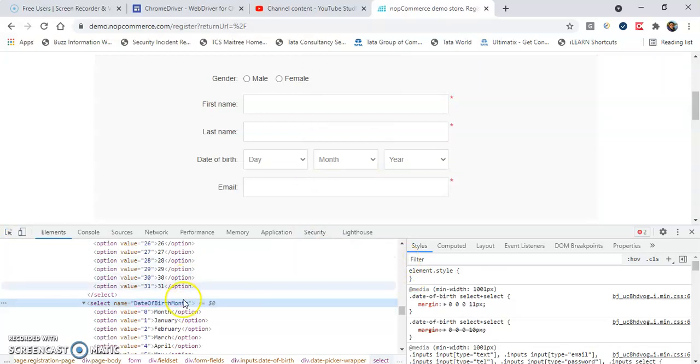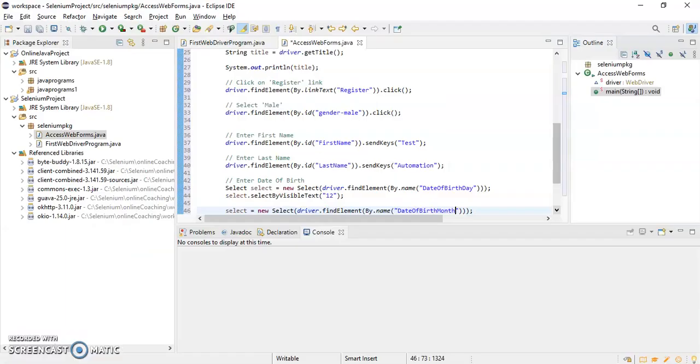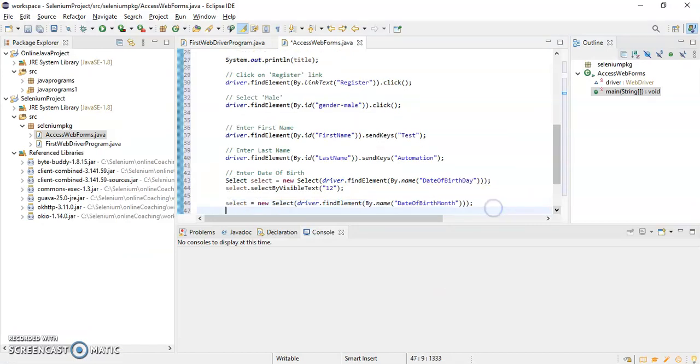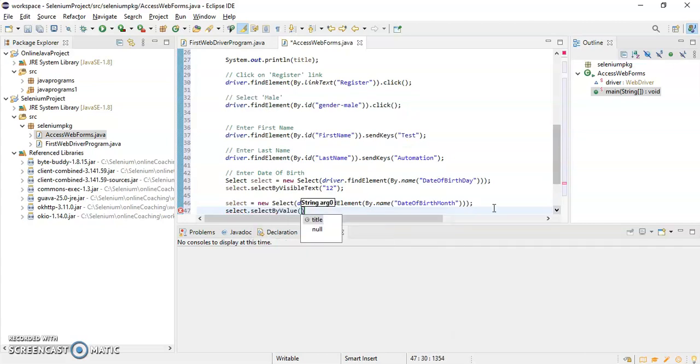This time I will go for select by value. Suppose I want to select May. So if you see here, value is 5. So just write here select dot select by value, just give here 5.